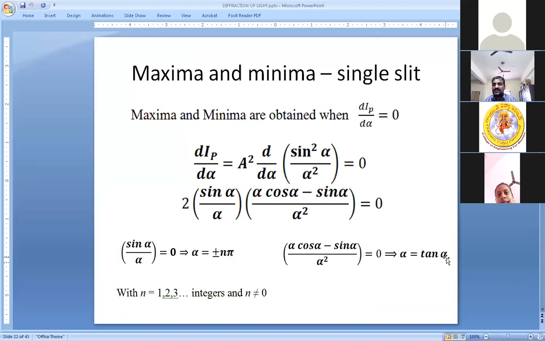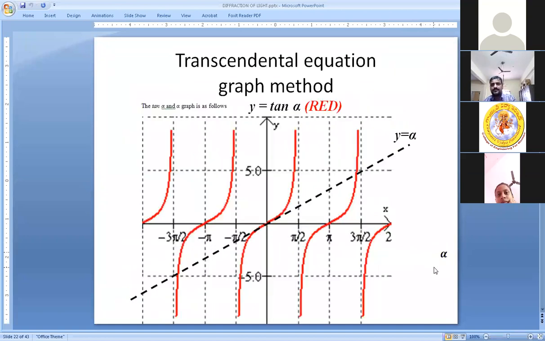But this right hand side equation is a complicated one. This is called transcendental equation. So these transcendental equations cannot be solved normally. Just by plotting a graph, you can find the intersecting points of both the left hand side and right hand side, and you can get a solution for it, right? So in the next slide, I'm going to plot a graph. So please pay attention, Amma.